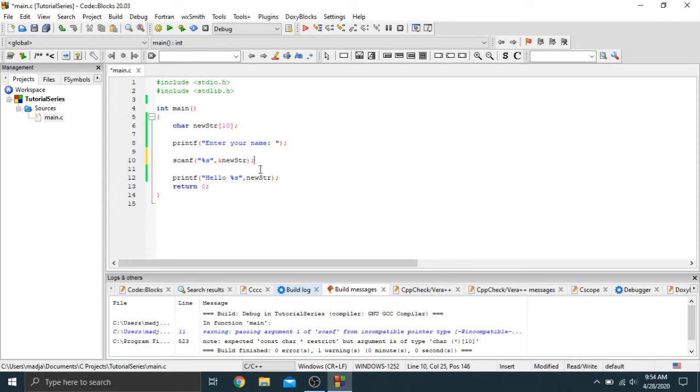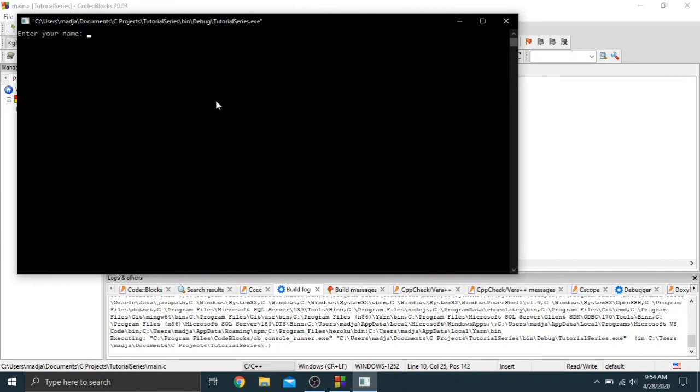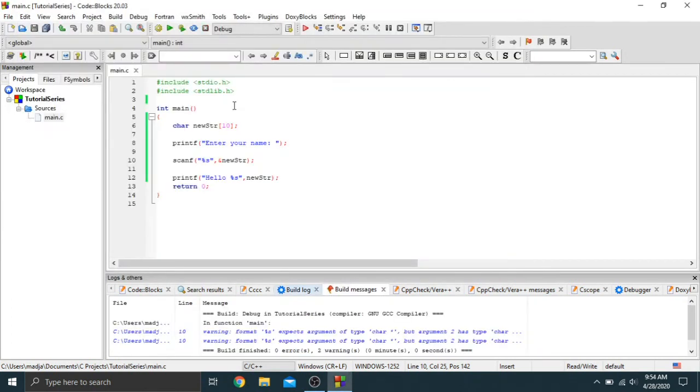So now that we have that, if we just run it, enter your name, hello Jamar. So that's pretty cool how we can do input output like that. Now the reason why we're able to do this stuff is because of this input output string that we've included, as well as the standard library that allows us to use certain methods on it. So those two things are very important to have in our application when we do this. So this is just a very quick intro to it. Obviously I'm going to cover a lot more like the types in the next video, but this is just something to basically